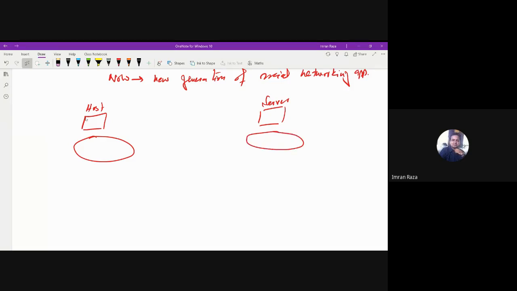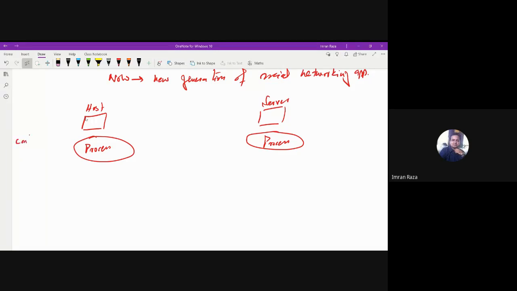So we have a process here on host A or the host machine. We also have a process here on the server, and this process is controlled by the application developer.